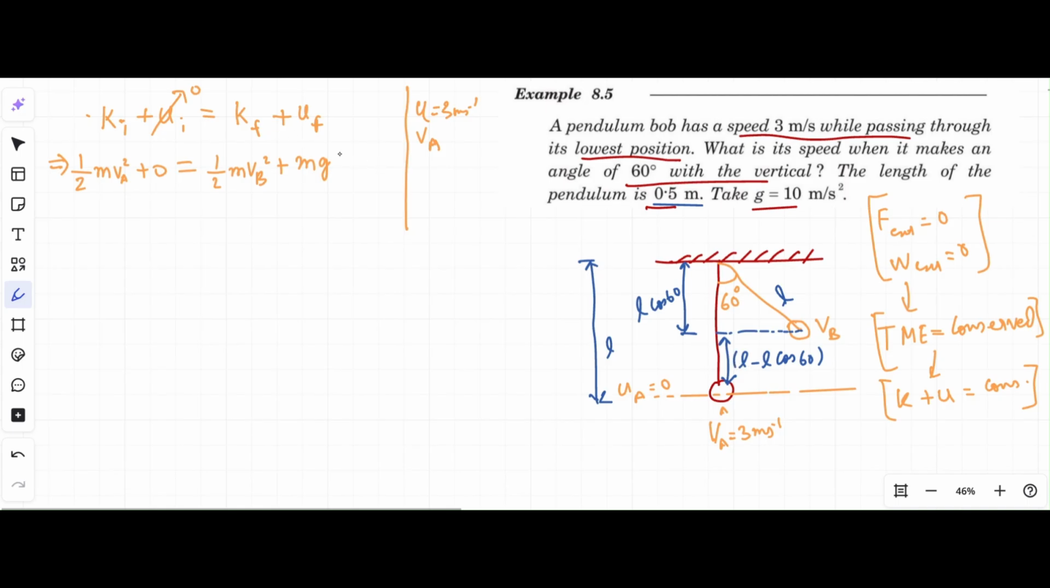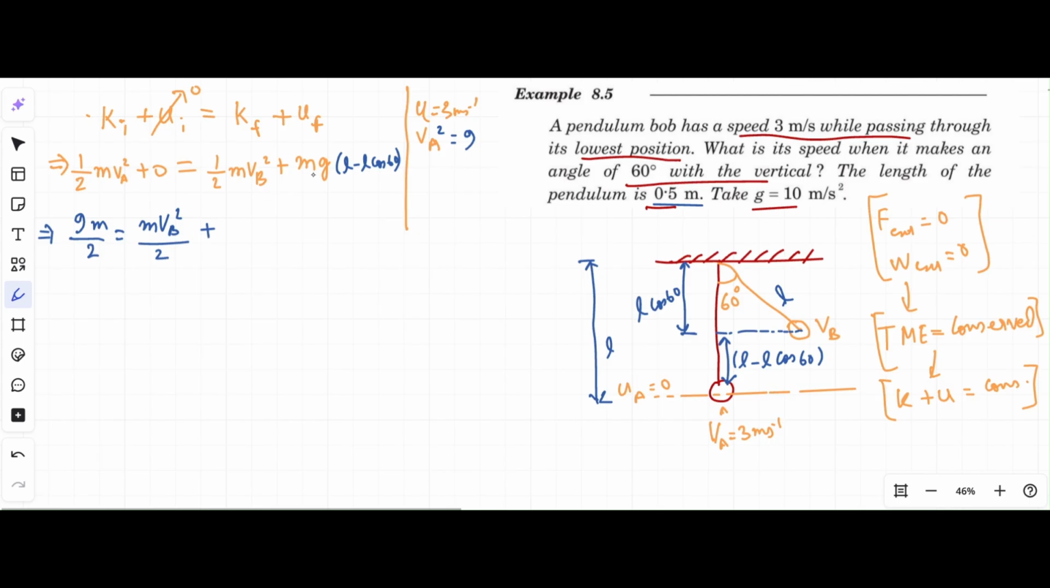So the distance traveled is L minus L cos 60. Now let us calculate. VA square is equal to 9. We have not been given the mass, so this becomes 9m by 2 equals half m vb square. We actually have to find vb. So it becomes m vb square by 2